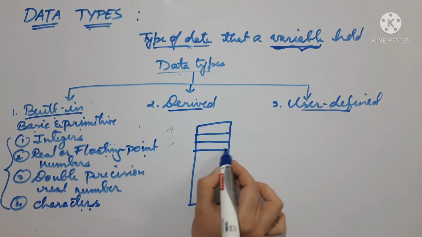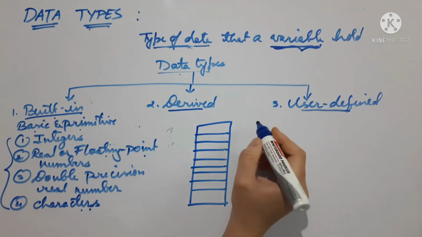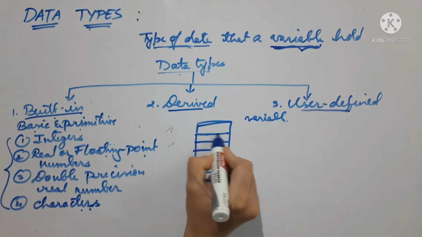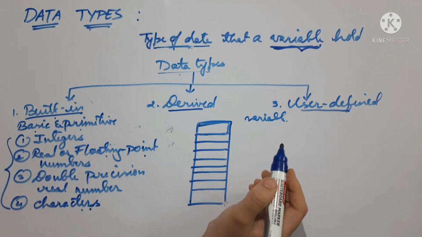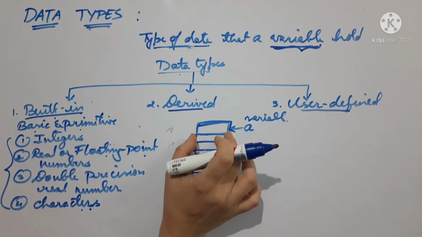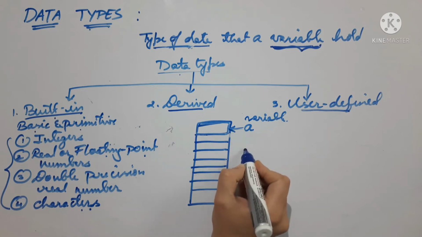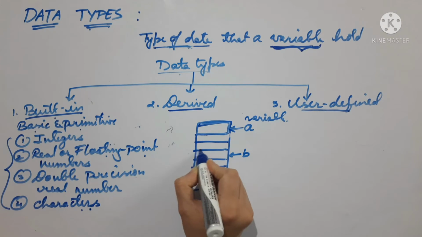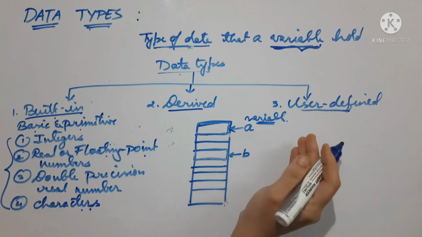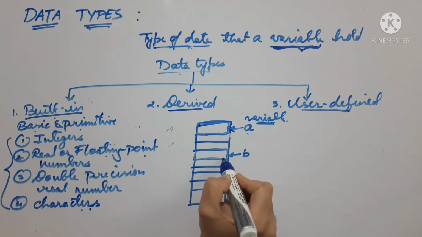In this memory there are so many sections in my computer memory. Now whenever I create a particular variable, what will happen? A memory location will get fixed. So suppose I am creating a variable named A, then it will fix the space in the memory. Suppose I am creating one more variable B, then this B will also fix the space in memory. So whenever we are declaring a variable, those variables will reserve spaces in the memory.